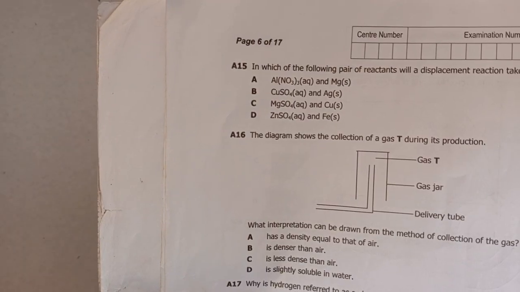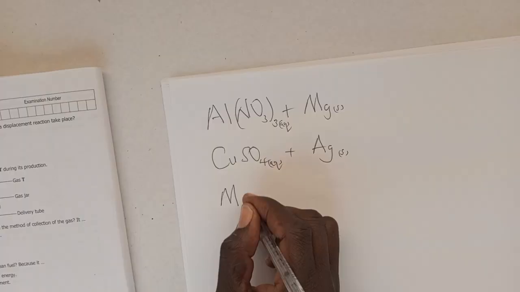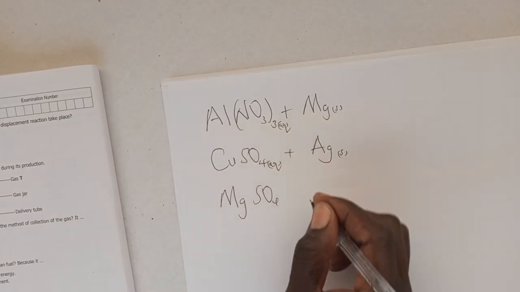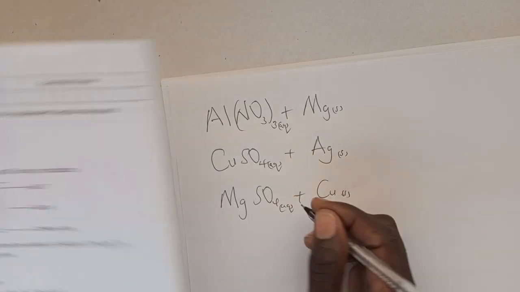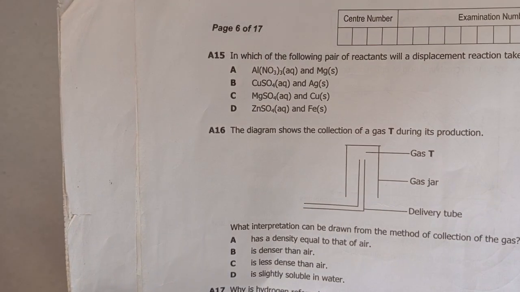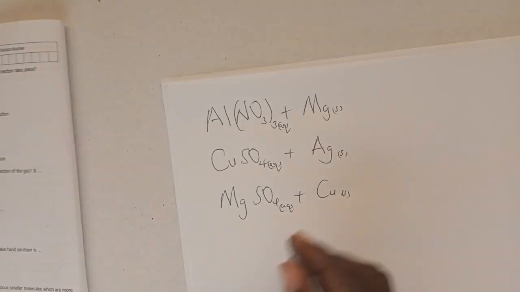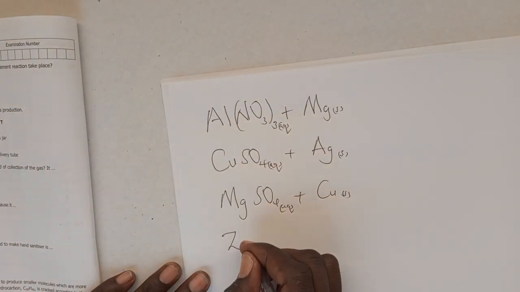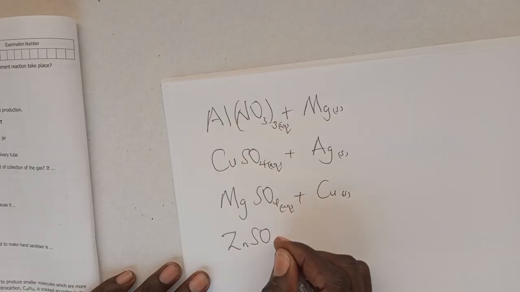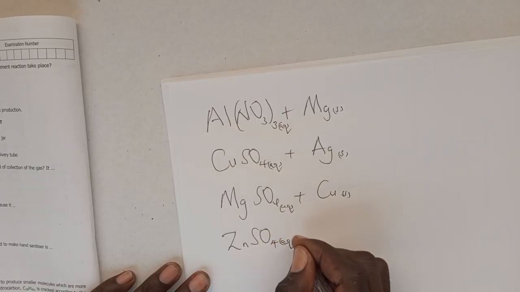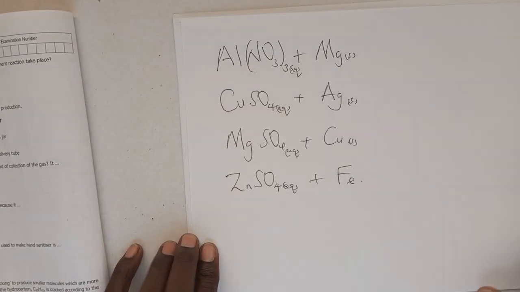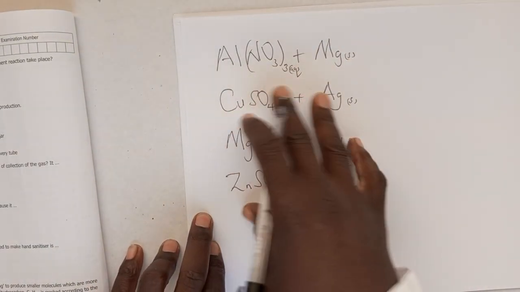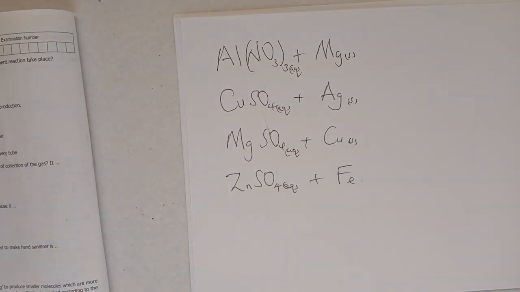Then the other one is magnesium sulfate and copper. And the last one is zinc sulfate plus iron. In the previous video, I was able to explain how you can be able to tell the state